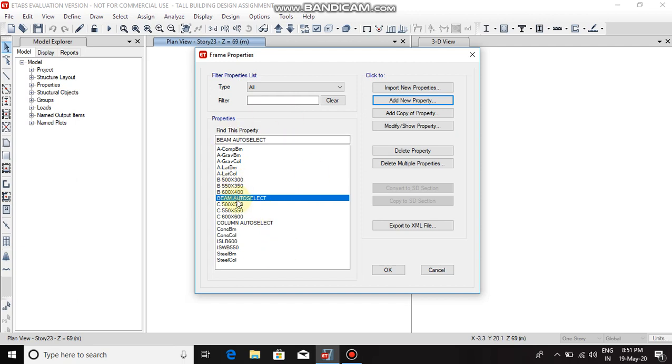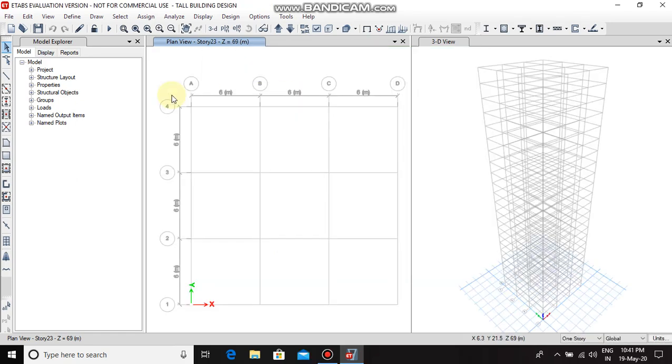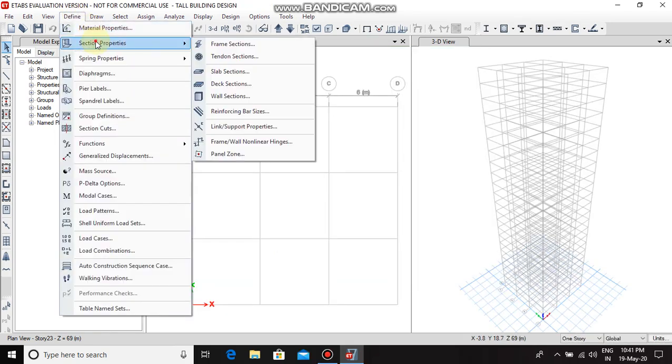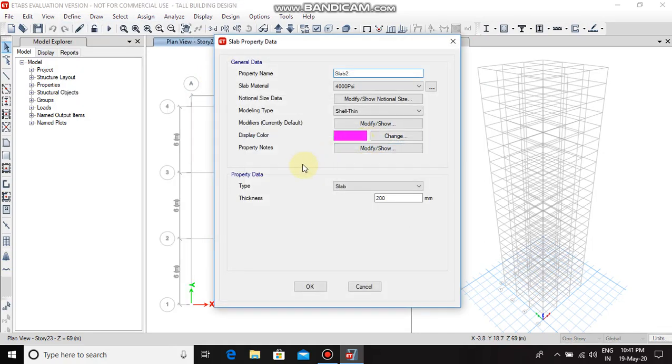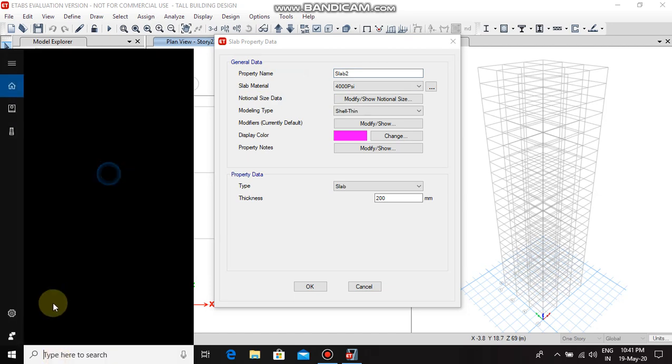Now as the beams and columns are defined, define the slab section. Go to Define, Section Properties, Slab Section, Add New Properties. Change the property name to Slab 150.